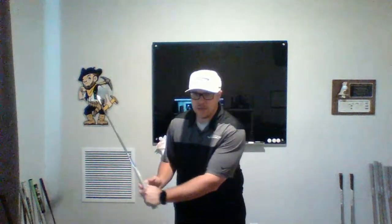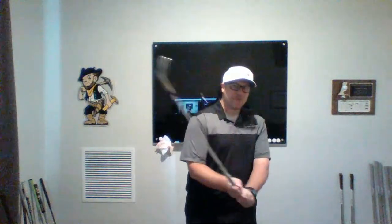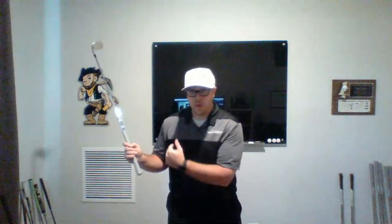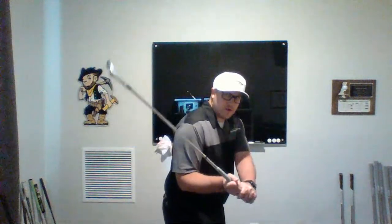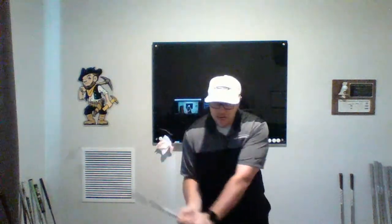As far as pulling to the left, that's going to happen when you're not really getting to your lead side, you're kind of hanging back and you throw your arms at it. A lot of times your face ends up coming closed. A lot of times you come over the top. So getting that weight shift and getting things turning a little bit better, that's going to help you to shallow the club out. That's going to help you to get to your lead side